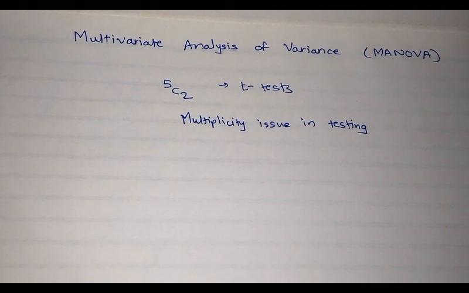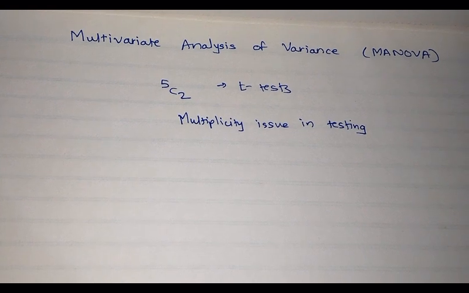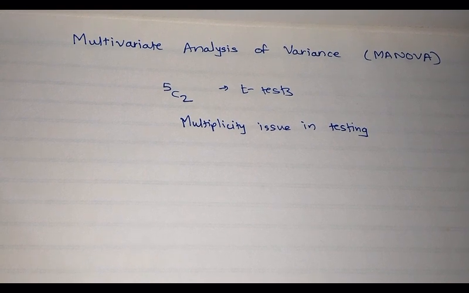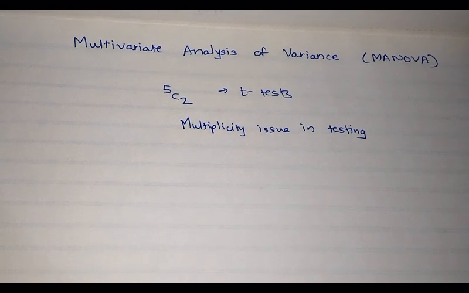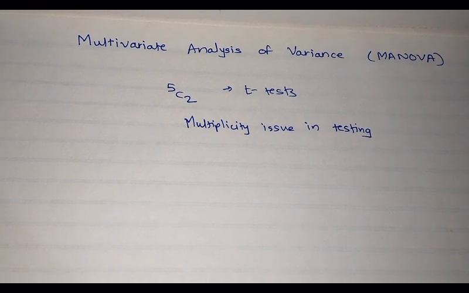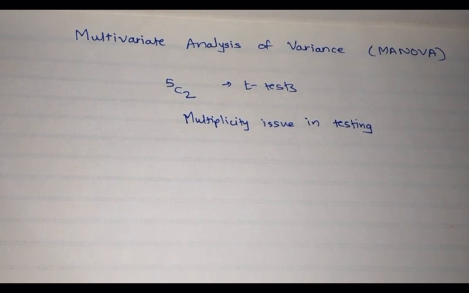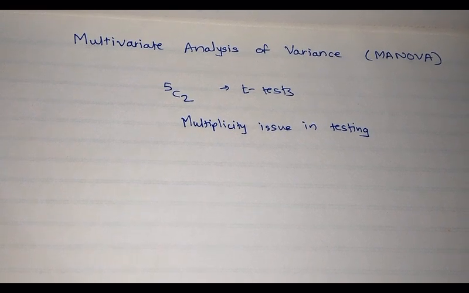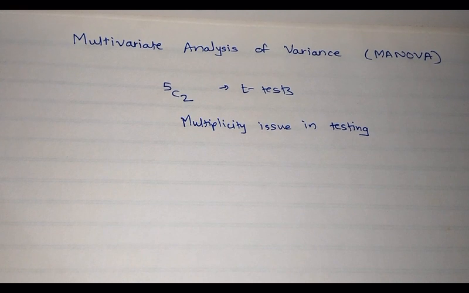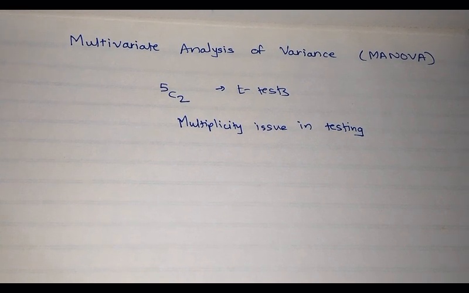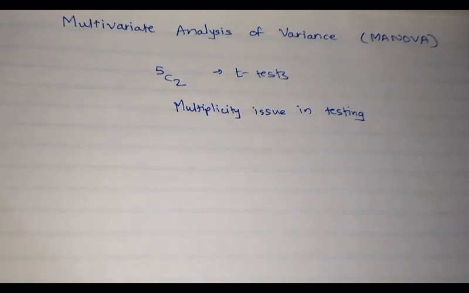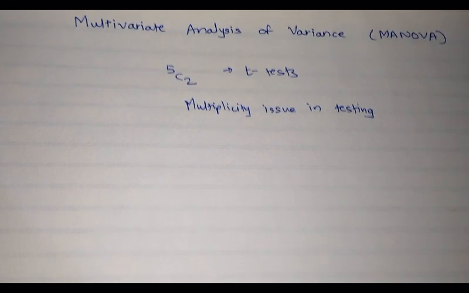What do I mean by this? What I mean is, if I carry out 100 tests, then out of these 100 tests we would be committing type 1 error in roughly 5% of the tests. That is, roughly 5 times out of 100, my conclusion is going to be wrong. If I carry out 1000 tests instead of 100 tests, then roughly 50 times I would be committing error. So the number of errors, the number I am saying, not the proportion, goes on increasing as the number of tests goes on increasing. Hence, generally it is not advisable to conduct multiple tests simultaneously.